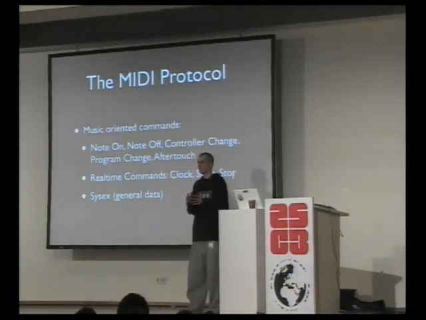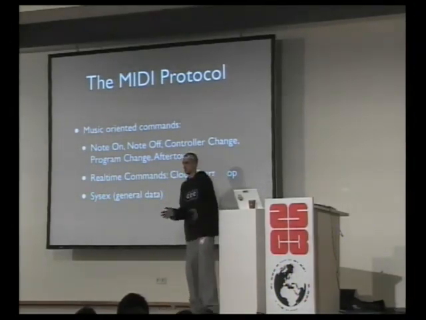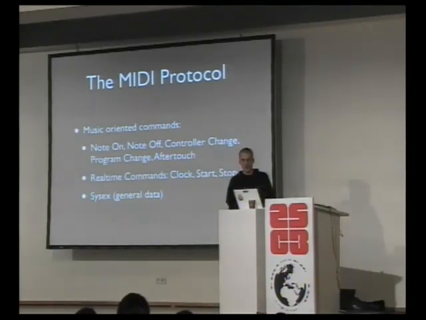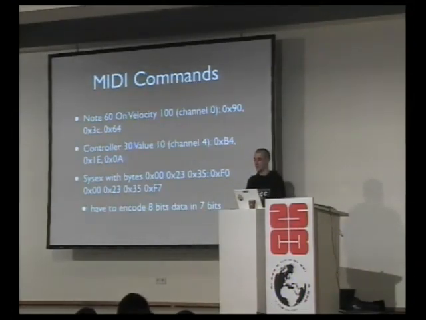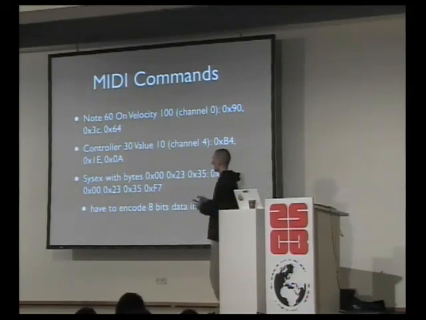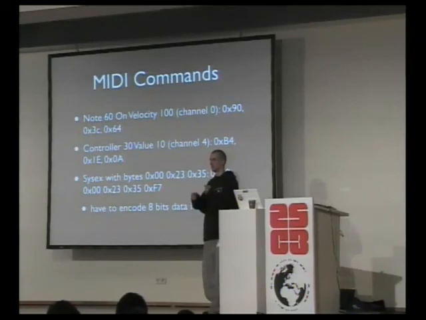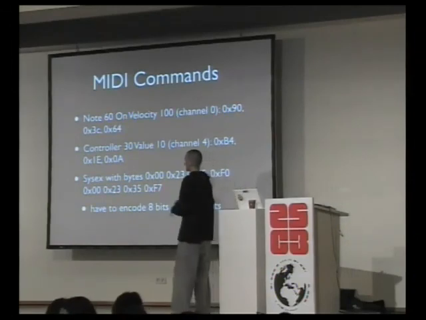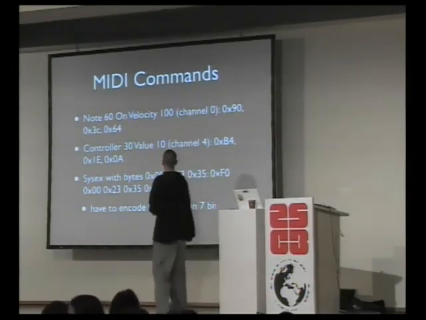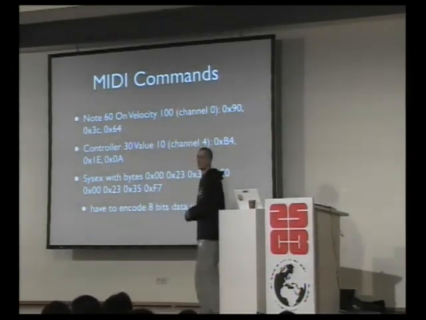and then actually the most interesting kind of message for hacking is system exclusive, which is just, this is a bunch of bytes, do whatever you want with it. If you remember correctly, it's 8-bit bytes, but the higher bit is used for command signaling. So if you do some sysex messaging, you have to encode the 8-bit data as 7-bit data and then decode it back the same way at the other end. So it's pretty annoying if you just want to write out something and you always have to encode stuff.